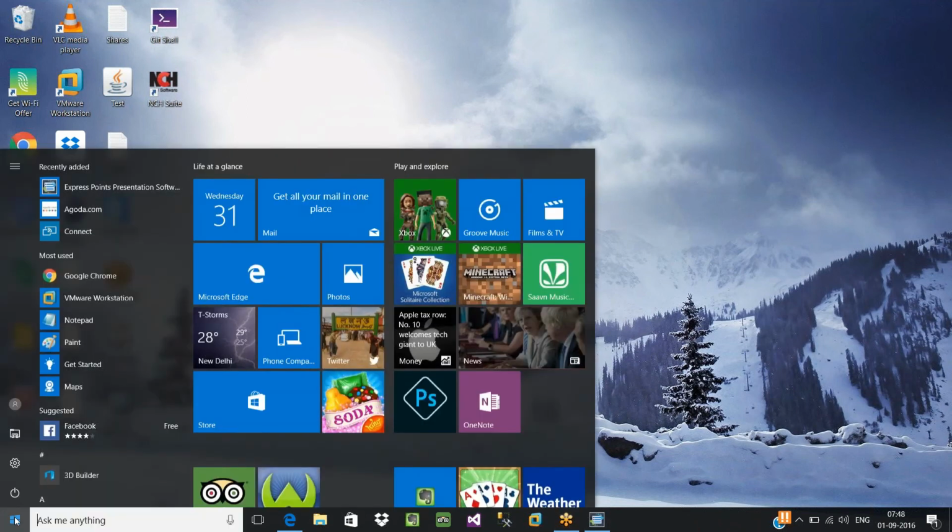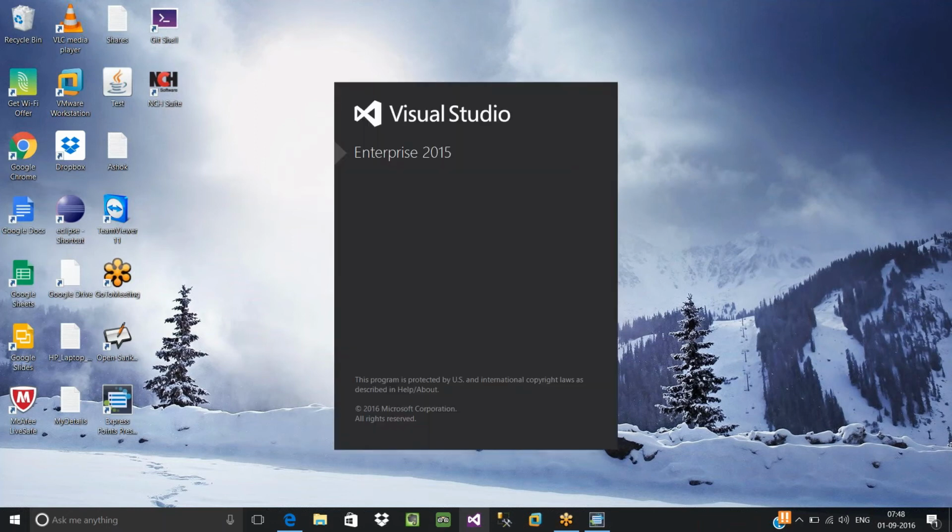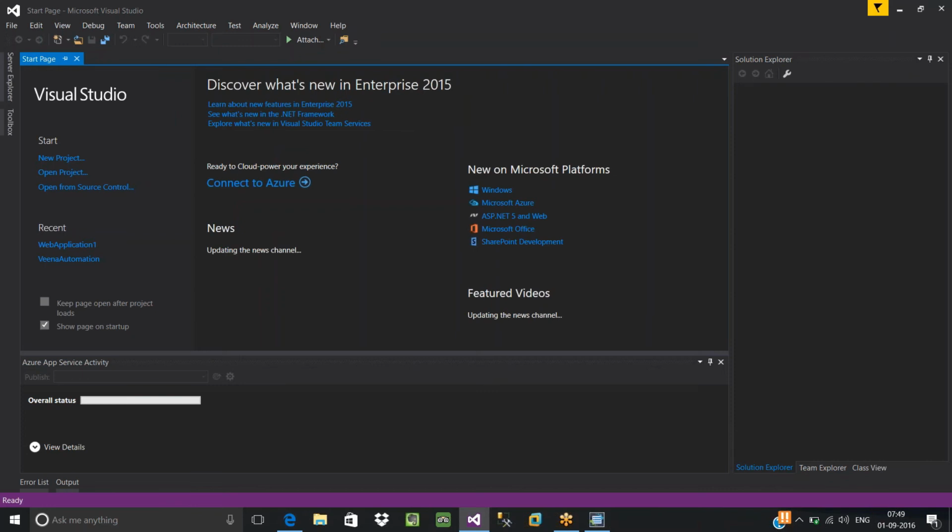You can choose it either from your programs or you can select it from here. Go to File.